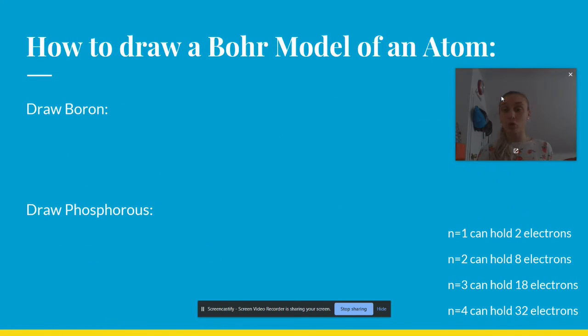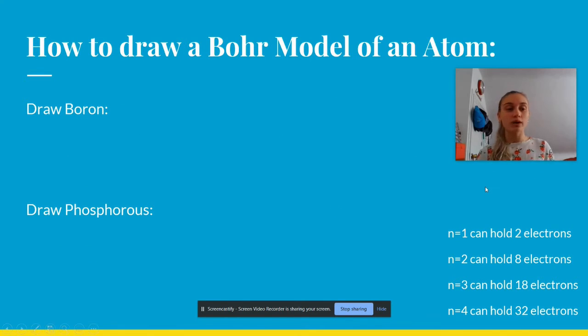this is where we're actually going to do our practice. We have 2 practices on how to draw a Bohr model. First, we're going to draw boron, and then we're going to draw phosphorus. When we draw boron, the first step to drawing a Bohr model is to just draw the nucleus, just like we have been doing. And so boron,